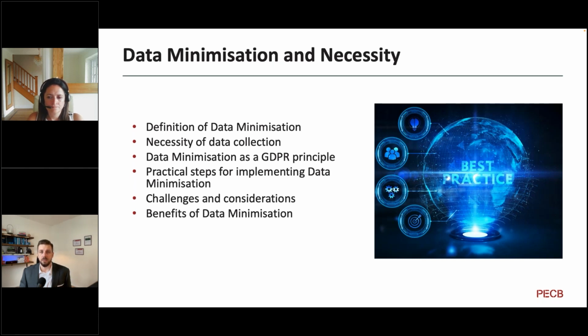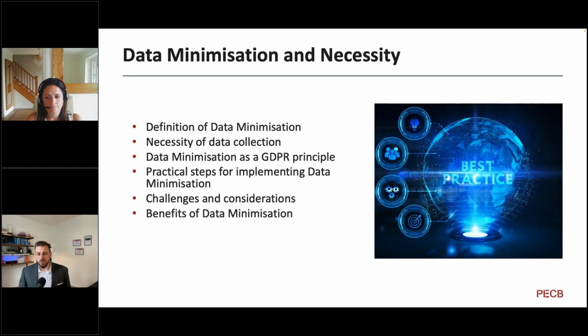So you need to identify if you actually need that data, if there is a business case behind it. The actual steps that you need to conduct when minimizing data: you need to define the purpose of the data which you're collecting, and that's pretty much the foundational principle of that. So you identify why you're collecting that data. If you don't have a good reason, then that's a very good sign that that data is probably not something that you actually need for your business and you don't need to collect.